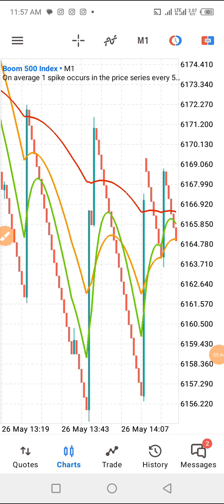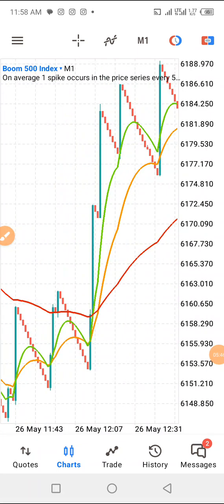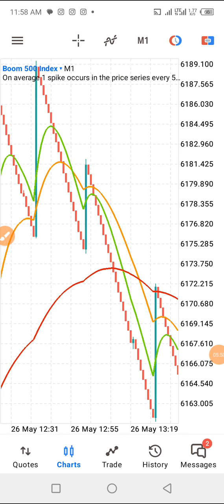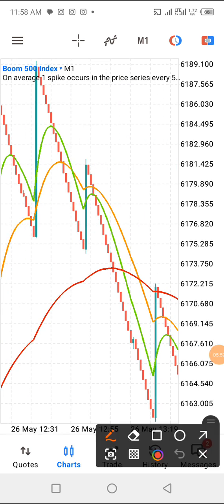And then the second alert is for a sell, let's look for a sell setup. Okay, now the first alert here was when the green one crosses the brown or gold color. Now the second alert is when they both cross the moving average 50. So when you see this first alert, you should be anticipating a sell signal, but before you take your entry, make sure you see a close below the 50 moving average. A close below the 50 average, then that is when you take your entry.